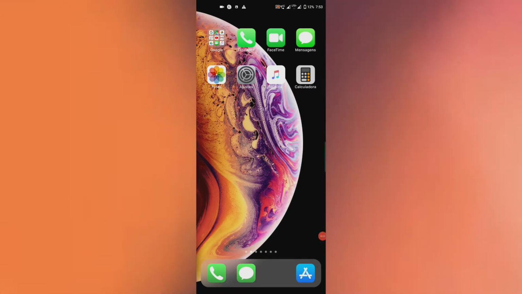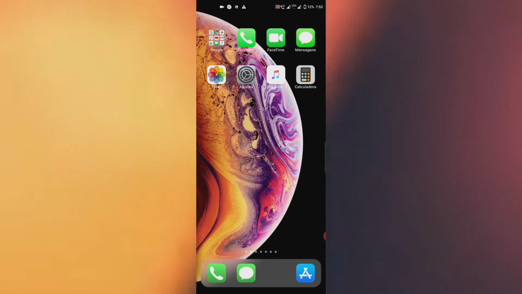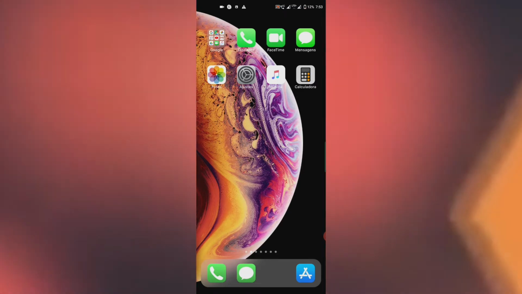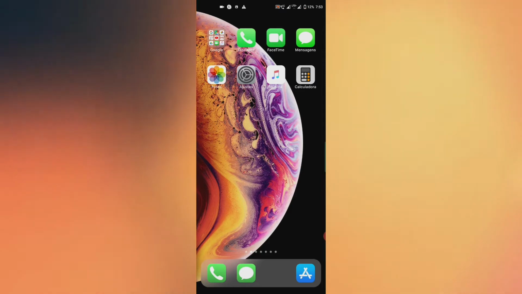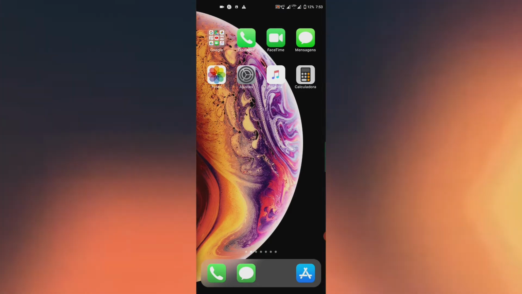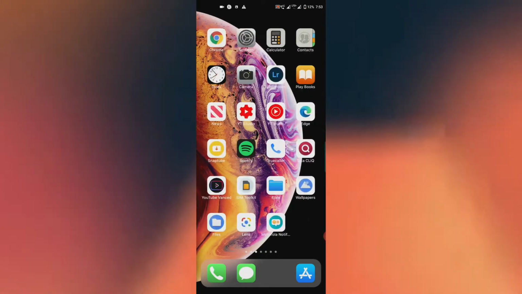Hello guys, today in this tutorial I am going to show you how I modified my Android phone into a little bit of iOS styled phone. So from the beginning, I have just downloaded an app called iOS launcher from the Play Store,